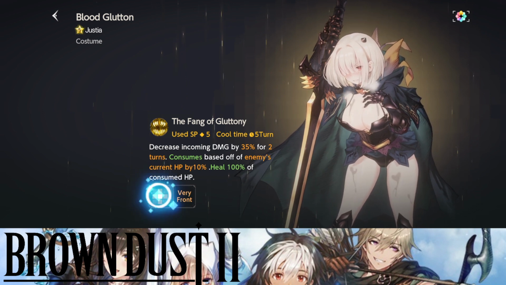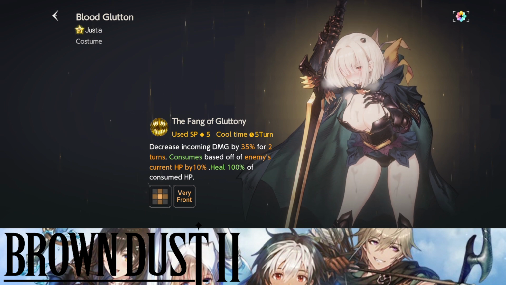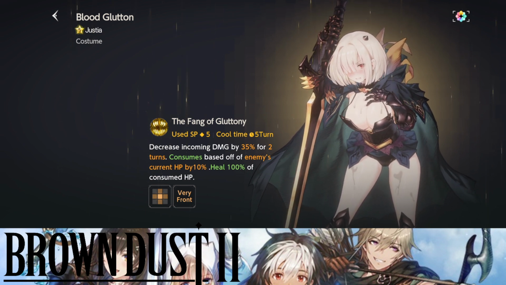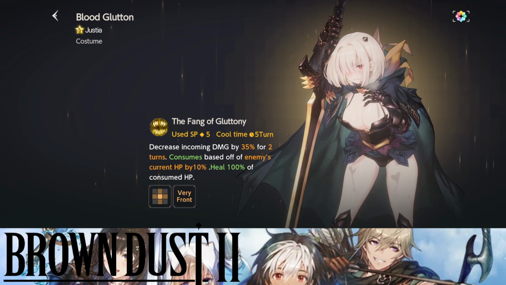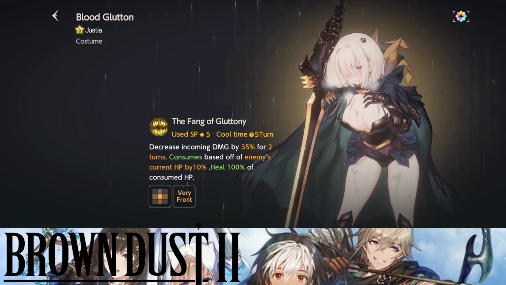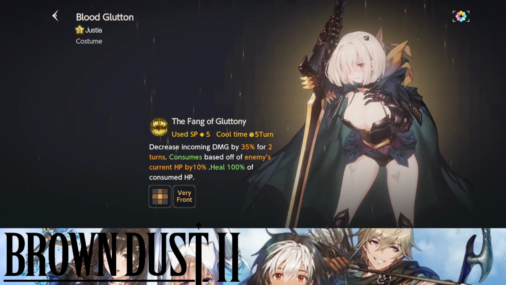So this is actually good. If you position your characters correctly, you'll basically be able to give every one of your allies this decreased incoming damage, and in PvP and PvE, this could be broken, or this could be very, very strong. I'm happy I have this costume because now I can go into PvP, give all my characters decreased incoming damage. Actually, I can't, the SP requirement is way too high,